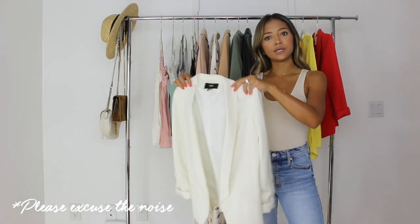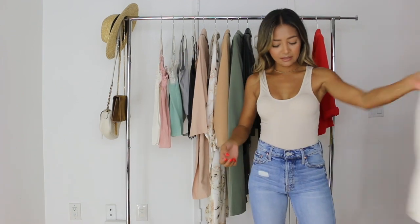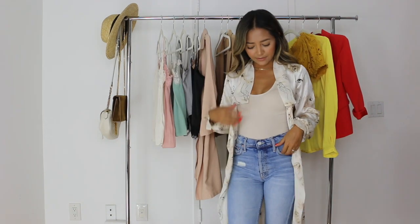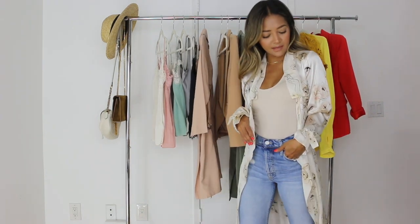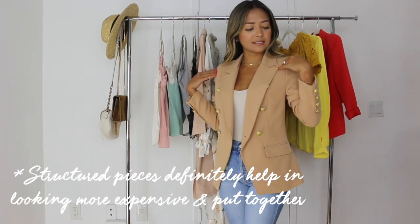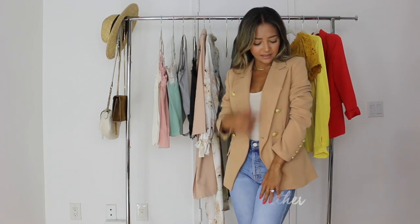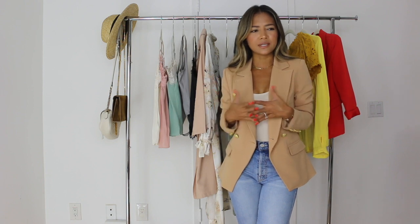Now, like I mentioned earlier, what I had on was this H&M ivory colored blazer. Underneath this blazer is just a nude colored bodysuit and just some plain denim jeans. So here is look number one with this floral printed kimono duster that I have. Here's look number two. Now this is just a more structured blazer that I got from Misguided. It's a neutral camel or tan color. Now I love this because it does have, like I said, a lot of structure,